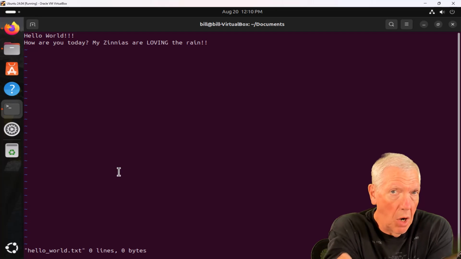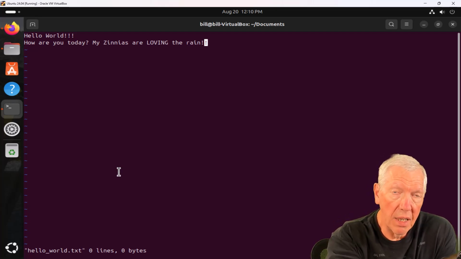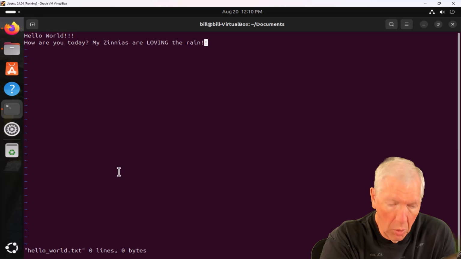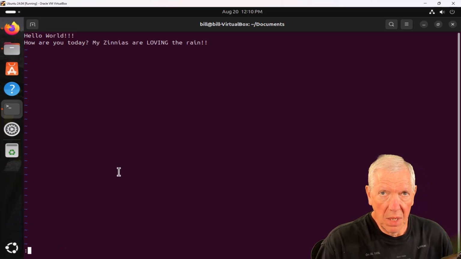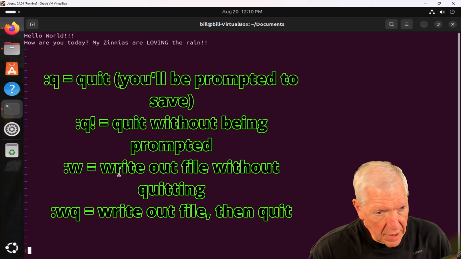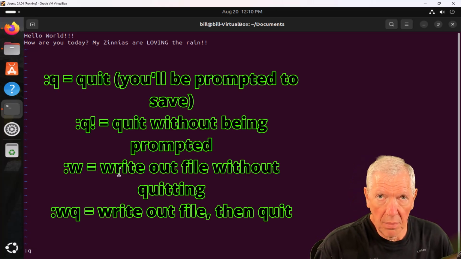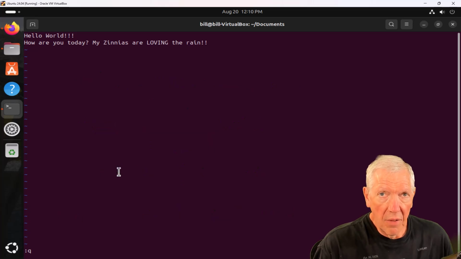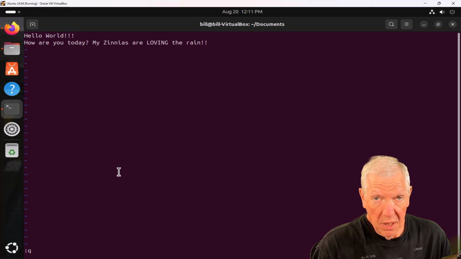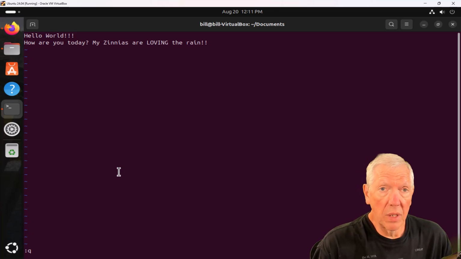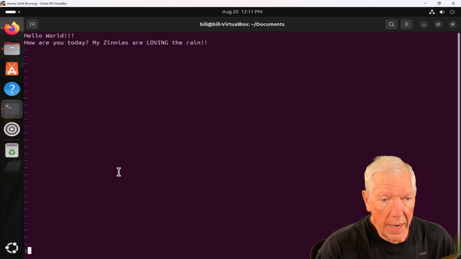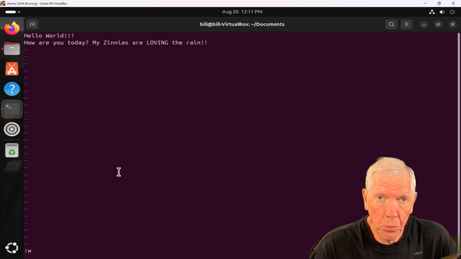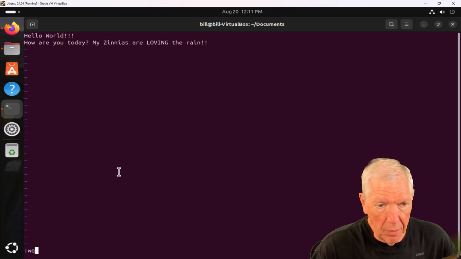Now this is very bizarre. To save a file inside Vi, what you do is you type in the colon. So you do shift colon, and then there are some commands. If you just did :q like this, you can see on the bottom left of the screen, I've got :q, that means quit. But it wouldn't save my changes and it would prompt me. So instead what I want to do is save my changes, which means I want to write my changes, that's a w, and then I want to quit, q, like that.